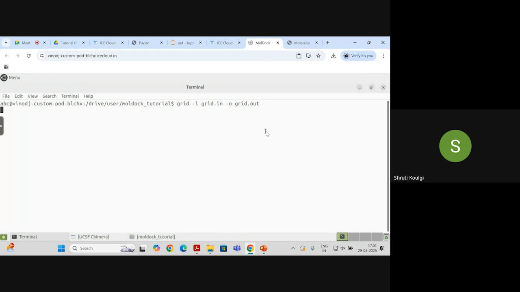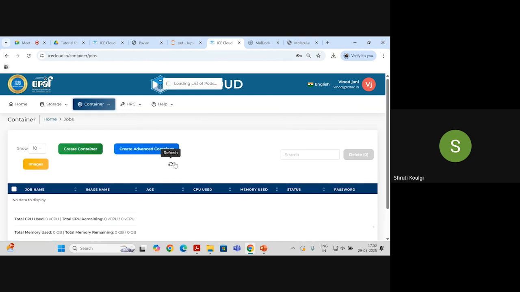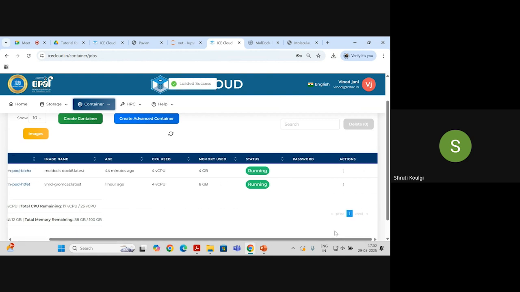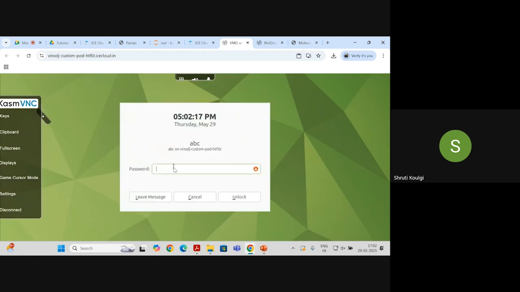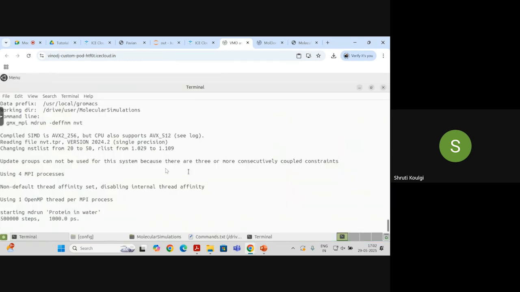Till this is happening, come to the main ice cloud page. Go to the instances and we can have a look at the GROMACS, the VMD GROMACS pod which was there. You may connect it and check whether the NPT is completed. Here, if you're getting this screen, the password for this is ABC for everyone. Just write ABC and unlock. This is nothing but a screensaver. It is still running this particular